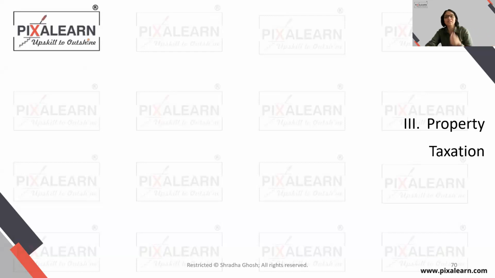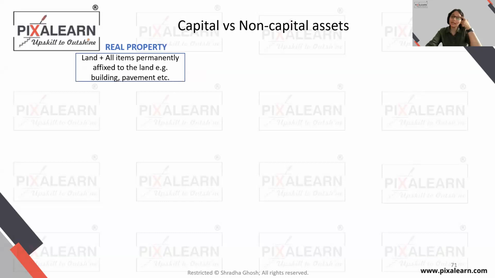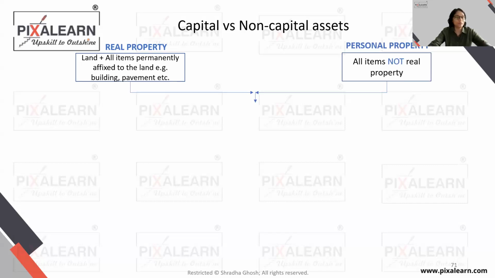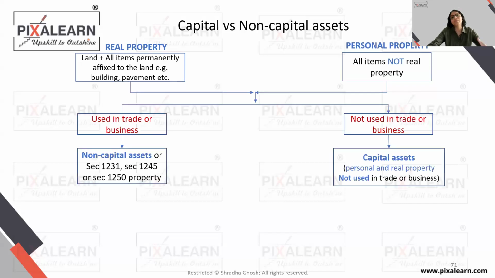Now only Form D is left, which is property taxation. And this, I'm supposing, at least for the people who did it with me, this was a very recent thing that we've done, and I'm pretty sure all of it is very live in front of you, right? So the first question is, is it a property? Yes, it may be something which is fixed, or it may be something which is movable. Irrespective of whether a property is fixed or movable, we're going to call it a real or personal property,